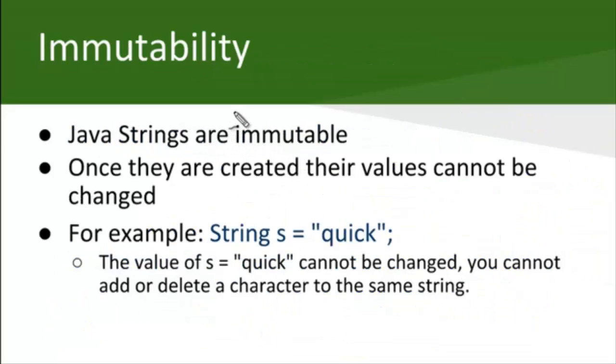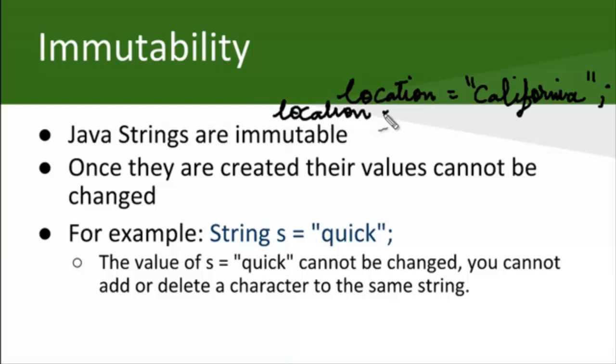Now, one of the things which you must have noticed in the previous example was how I wrote location. So when I wrote location as, say, California, and when I used the function toUpperCase on it, then I was again assigning location is equal